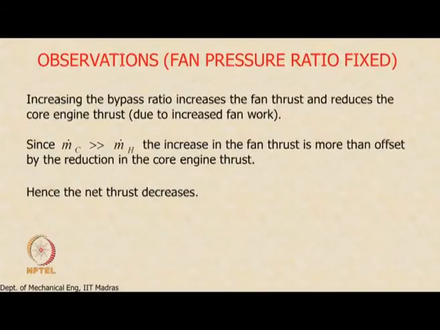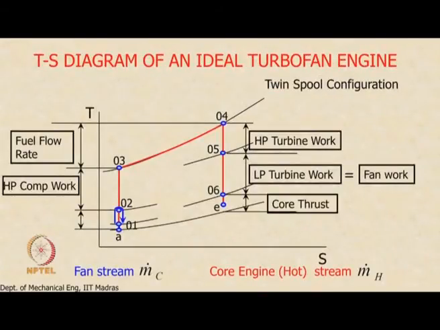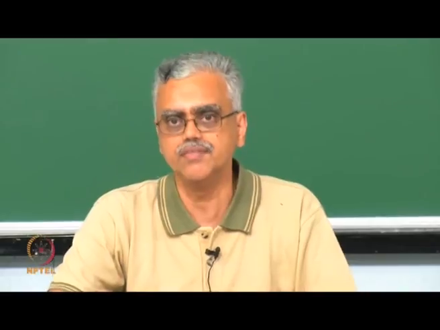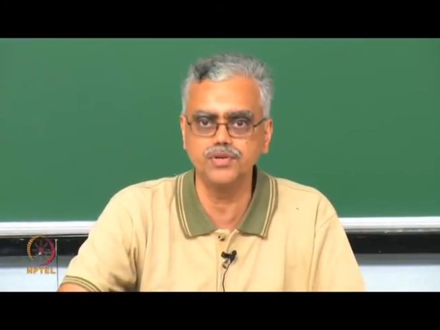So, what we are going to do in the next class is look at these individual processes and account for realistic effects. So, we have assumed these processes to be isentropic. What we will do is assume that there are irreversibilities in the process: in the compression process, in the expansion process in the turbine, in the expansion process in the nozzle, core engine nozzle, fan nozzle, and also pressure losses in the combustor. These are all realistic. You know that when we add heat to a flow, there is going to be a loss of stagnation pressure. So there will be a loss of stagnation pressure in the combustor also, probably 10 to 15%.